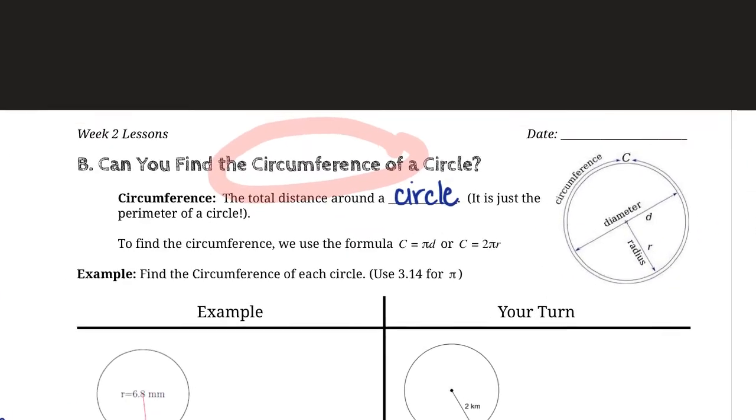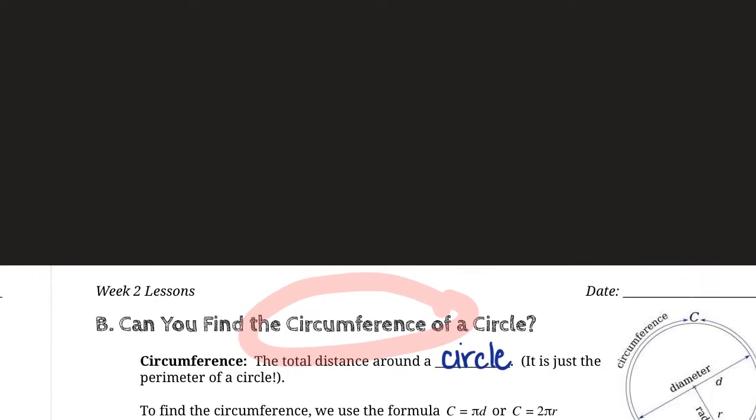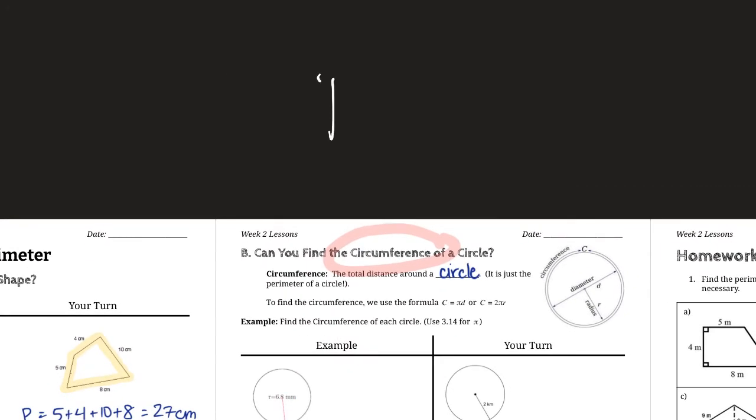I'm going to go back over here. That symbol is called pi. And it's not pi like P-I-E. That symbol is P-I. It's spelled P-I. And it's a Greek letter. And what it stands for is a very specific number. And that number is